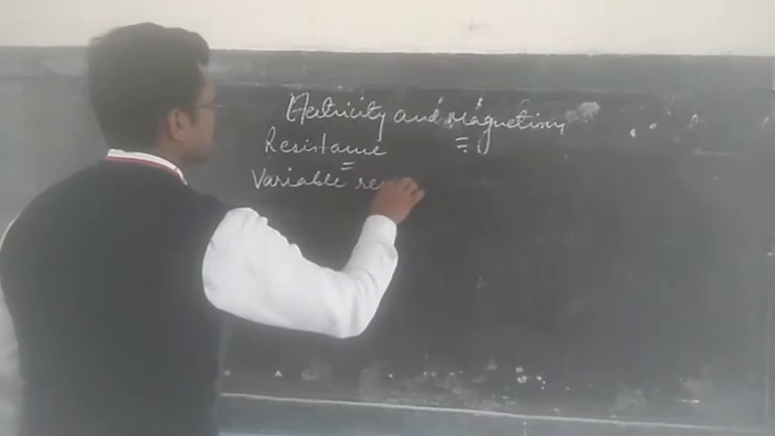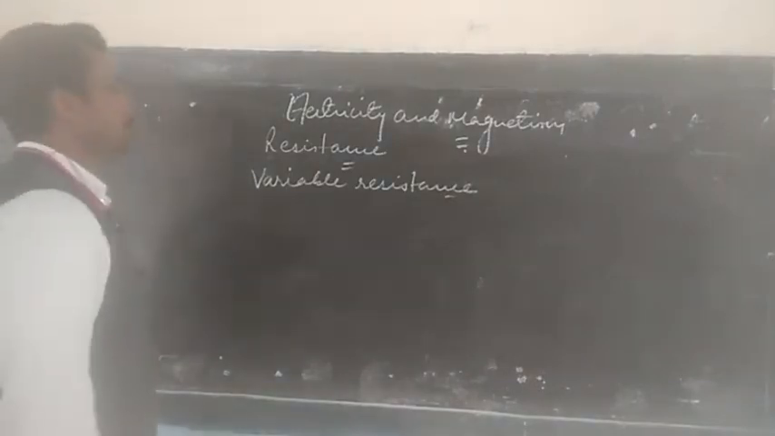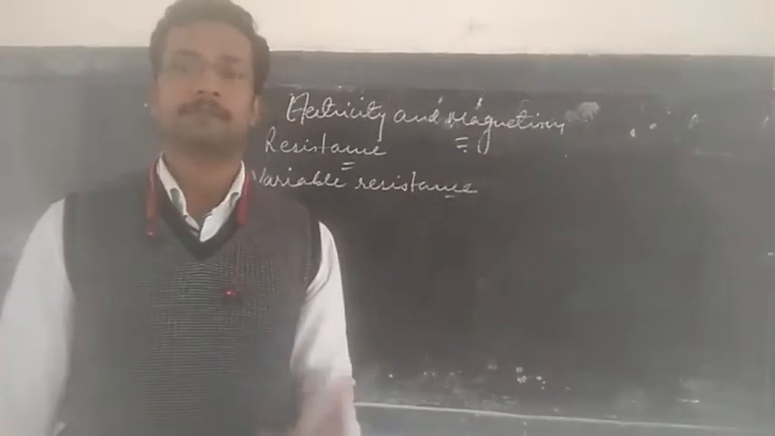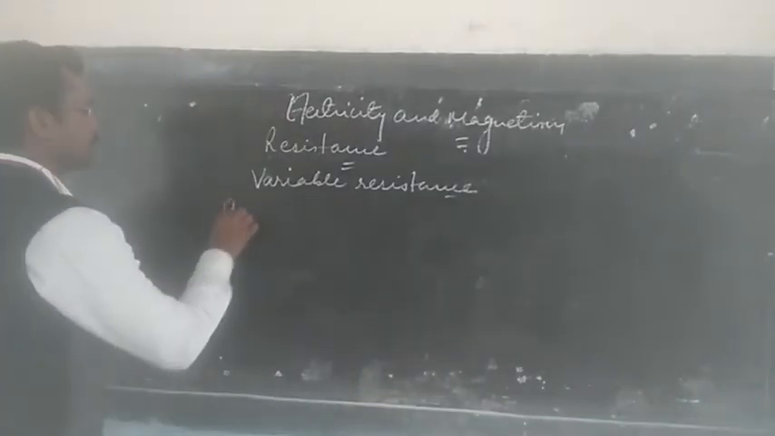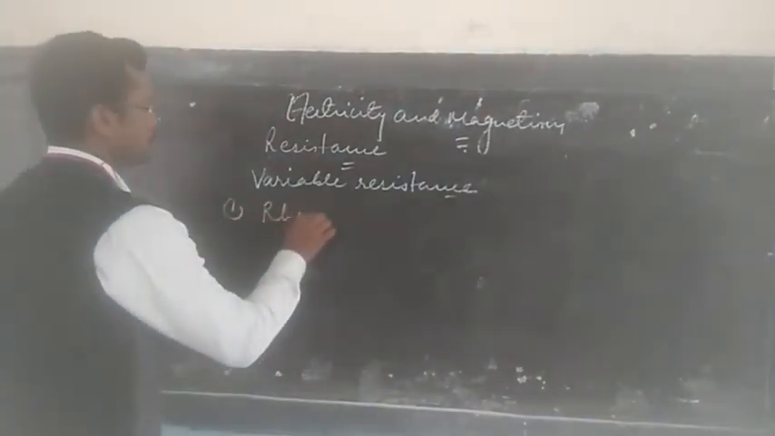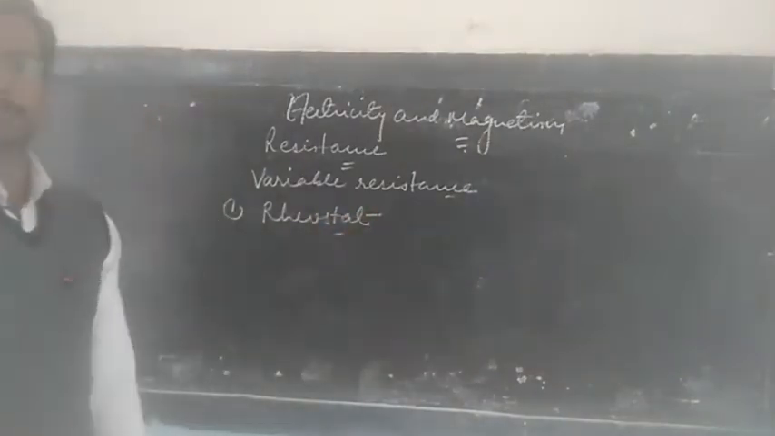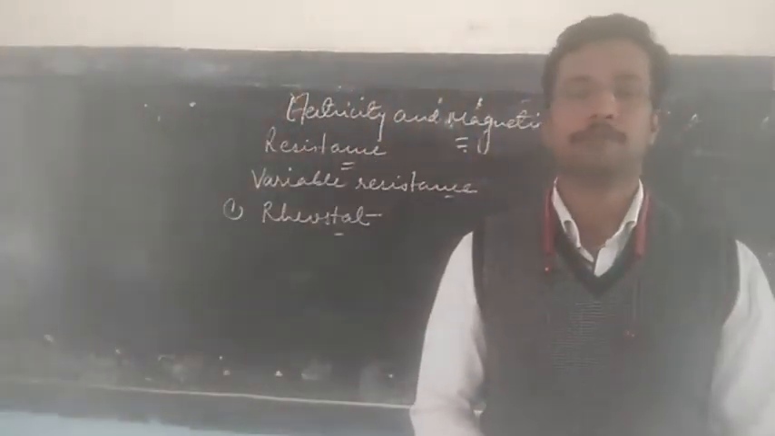Now, variable resistance, where the resistance will be varied and accordingly there will be a change in the amount of the current flowing. So there are two types of variable resistance. One is called rheostat, whose work is also to control the amount of the current, but here the extent of the resistance